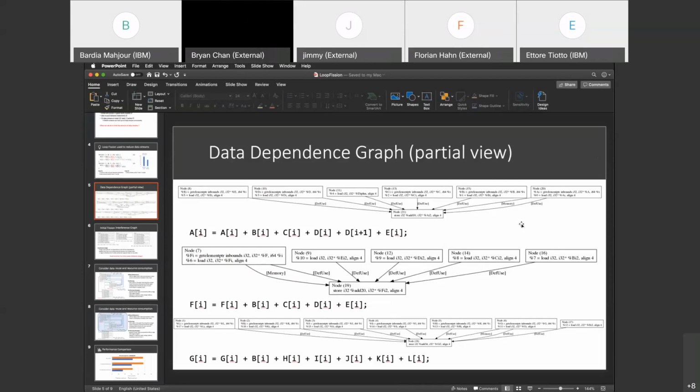We don't have a short-term plan to look at that, although it's perfectly clear to me that we would have to look at that if this was to become powerful enough to replace the current distribution pass in LLVM, which only does vectorization, as far as I know. Okay, so